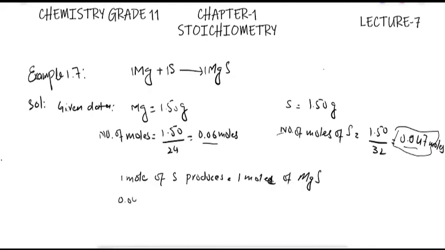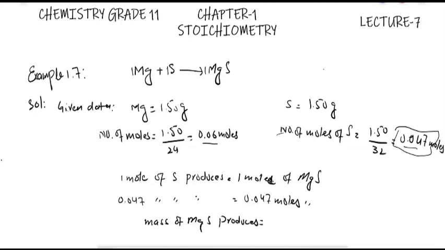So 0.047 moles of sulfur would automatically produce 0.047 moles of magnesium sulfide. But what we are asked to calculate is the amount in grams. So the mass of magnesium sulfide produced